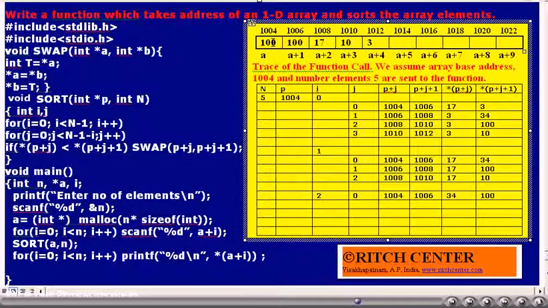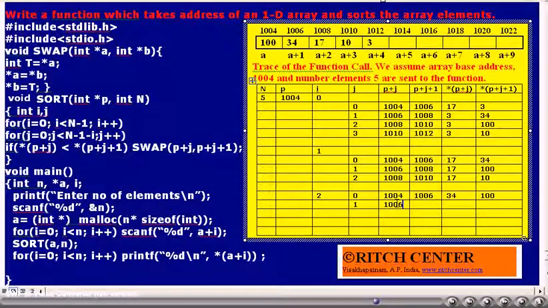Thus, the swap function will be called once and the addresses 1004 and 1006 will be sent, such that the swap function will exchange the values of those two locations. J value will be incremented by 1.